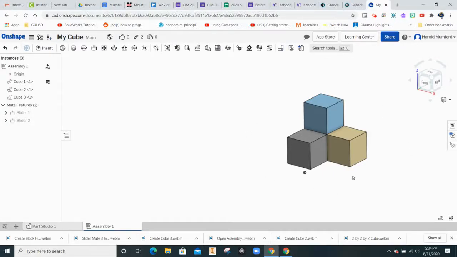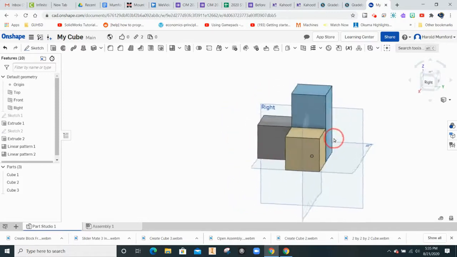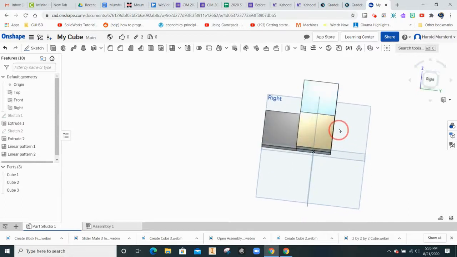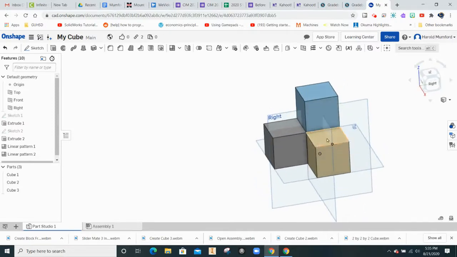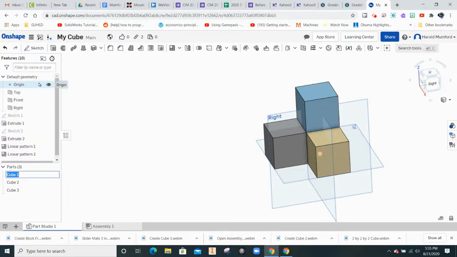Now that we have built this part, let's move back to the Parts Studio and constrain it so that the mates work. Let's move back. Again, you can just hold down the left key and revolve. And let's go ahead and rename our cube because our cube is no longer our cube. Let's go to the parts list, right click on cube, rename it as